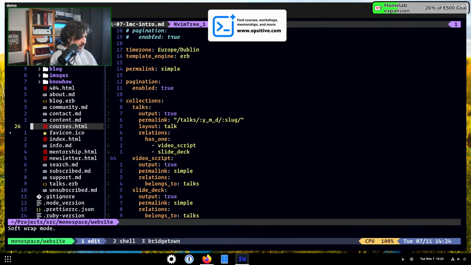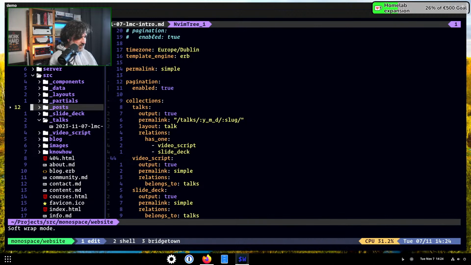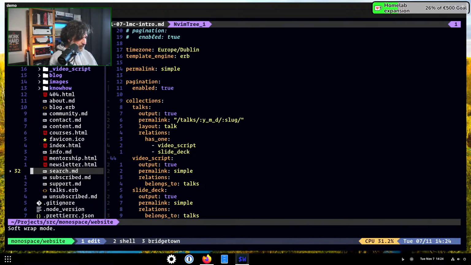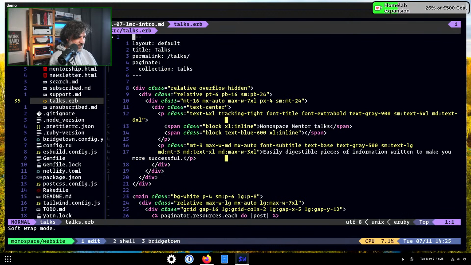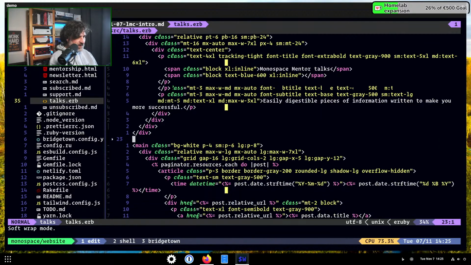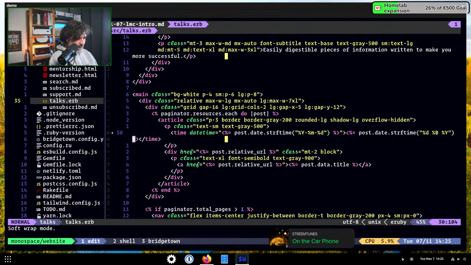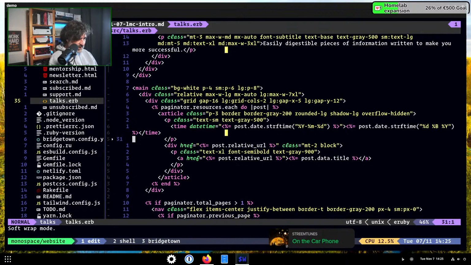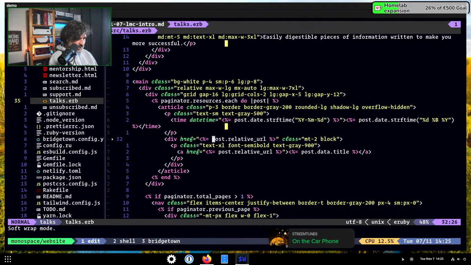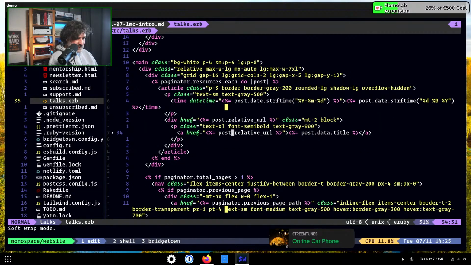So in my layout, let's go to the talks page actually, which is the overview page. Here I can iterate over the talks collection. That's this front matter here, paginate collection talks. And that allows me to iterate over this paginator, which will then iterate over the talks. And I'll render the date of the talk. I'll render the title of the talk, which